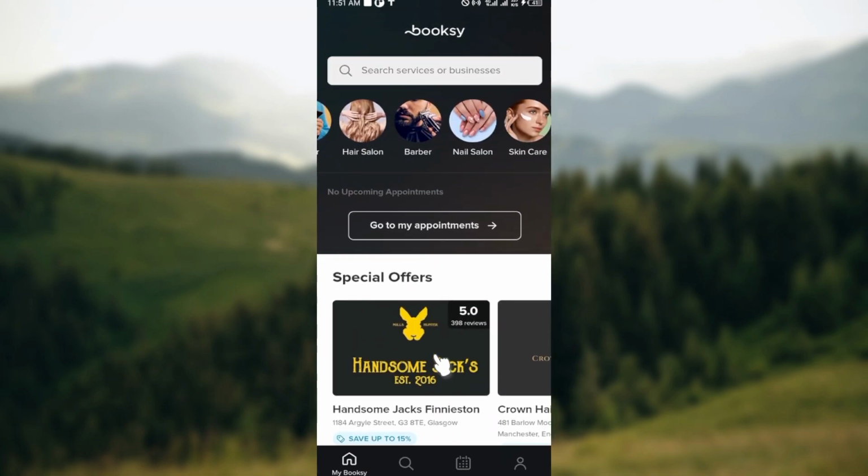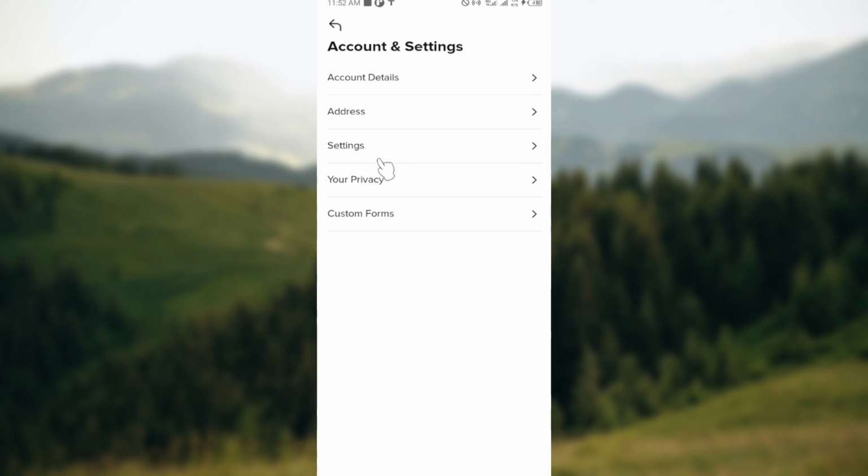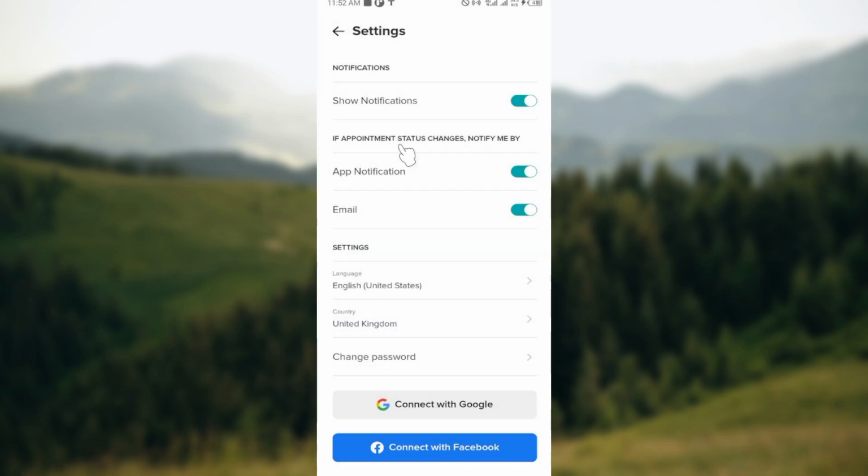To do so, open up your application, move to the bottom right corner where you can see your profile, and on the profile page you can see a number of options. Ensure you select account and settings. On the account and settings page you can see account details, address, settings, your privacy, custom forms. Click on settings. On the settings page, you can see notifications, app notifications, email settings, country, change